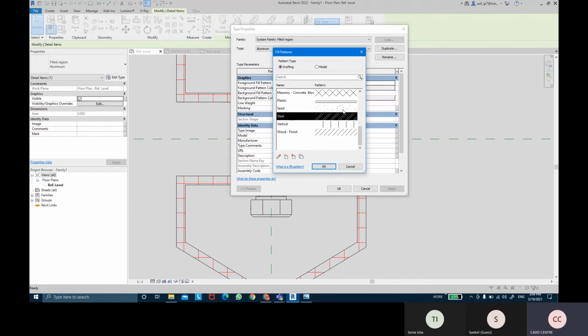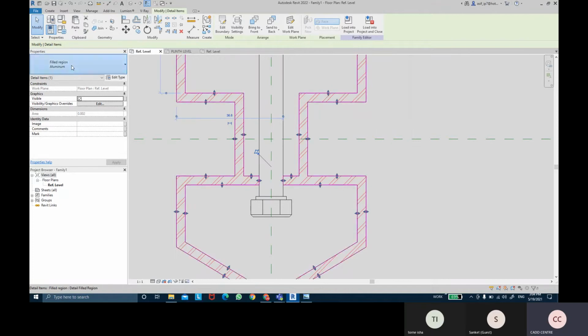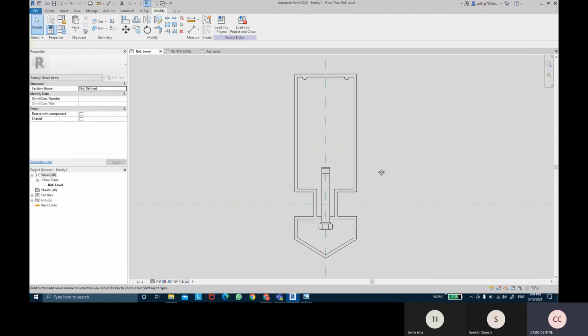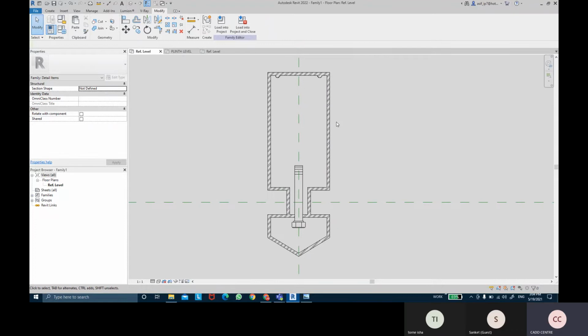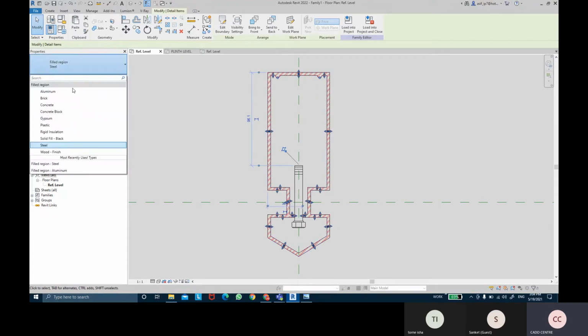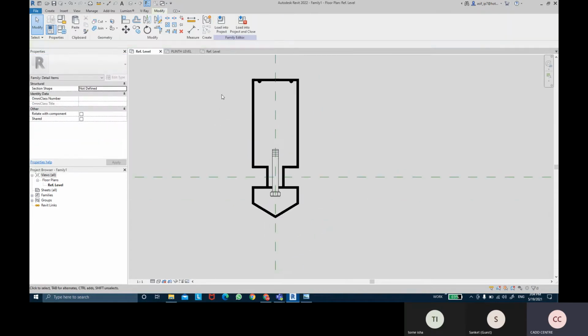If you want to show a steel, we can show that steel. So that detailings would be there. If you want to show them as solid, you can show them as solid as well. Solid and black, show that way.